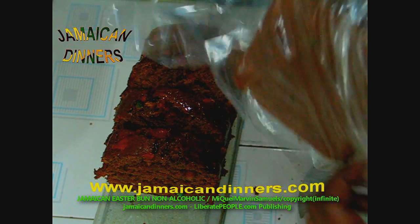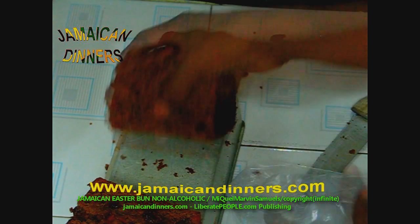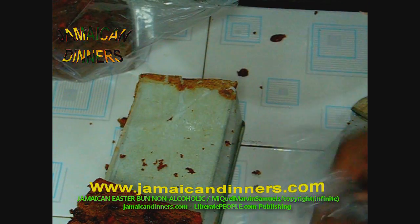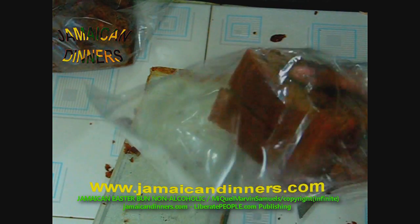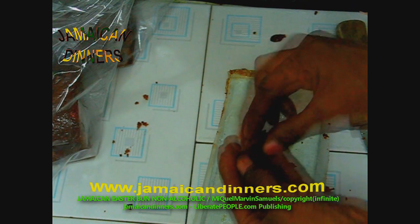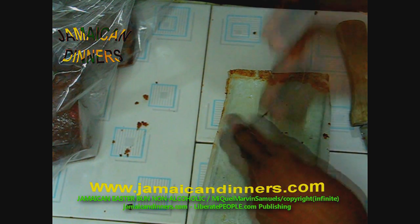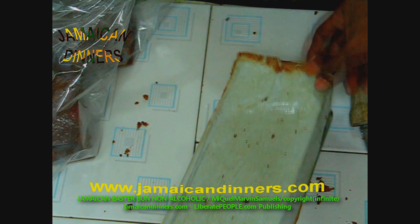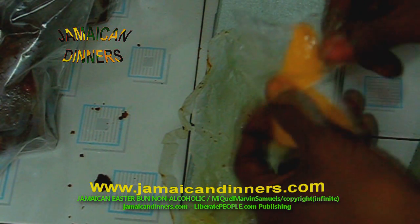I'm not going to tie it yet because it's still warm. See, that's for somebody. I'm not going to tie it yet. Taste this. I'm going to put the cheese on it. It tastes alright so far. I'm going to slice my cheese before